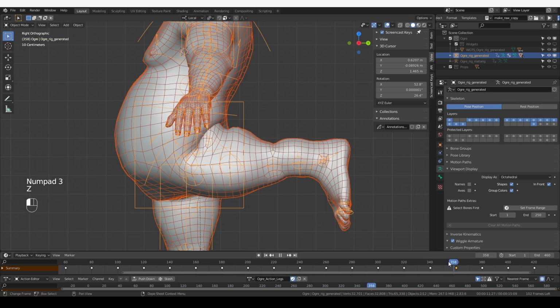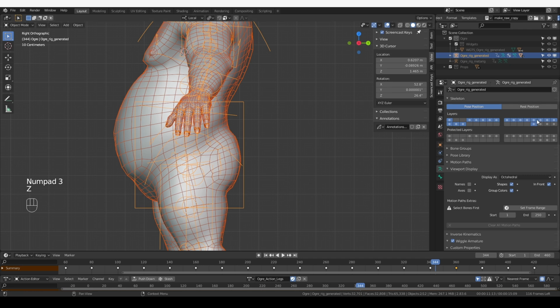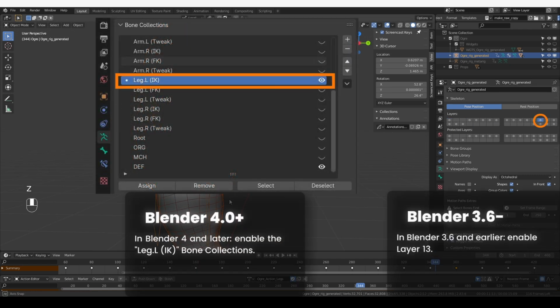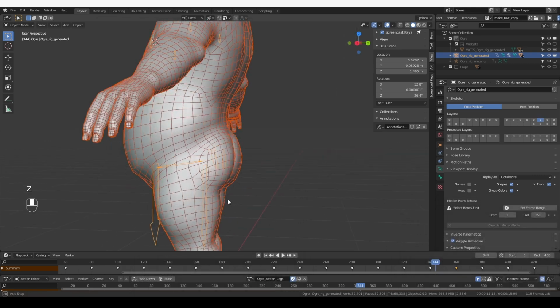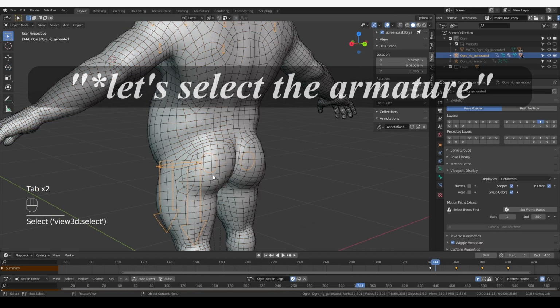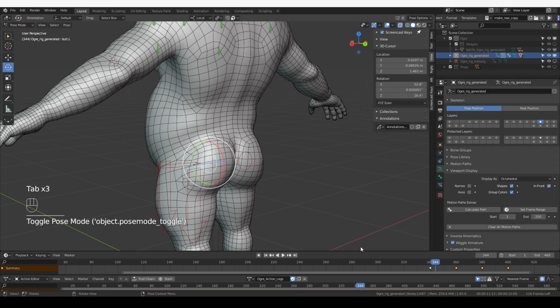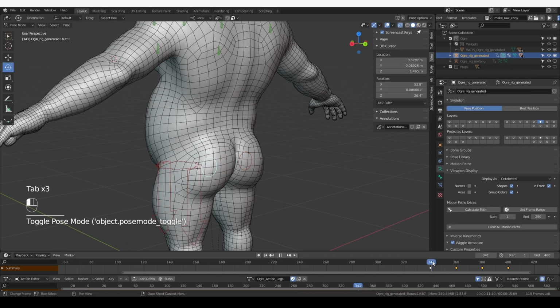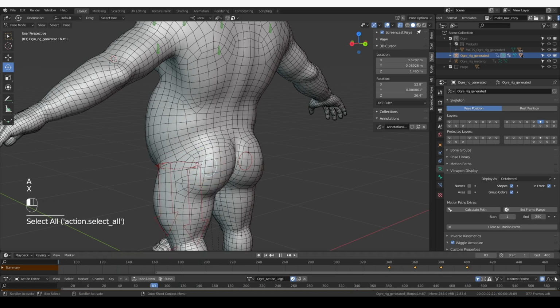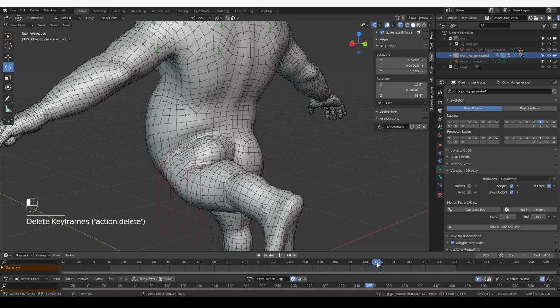Now the action looks weird, and I'm pretty sure the reason is, let's select the armature and visualize layer 13. Go to pose mode and select the butt control, and it already has some keyframes. So I'm going to go to any frame before the first keyframe, select all keyframes, and delete them with the delete key. Okay, now if I go to frame 360,